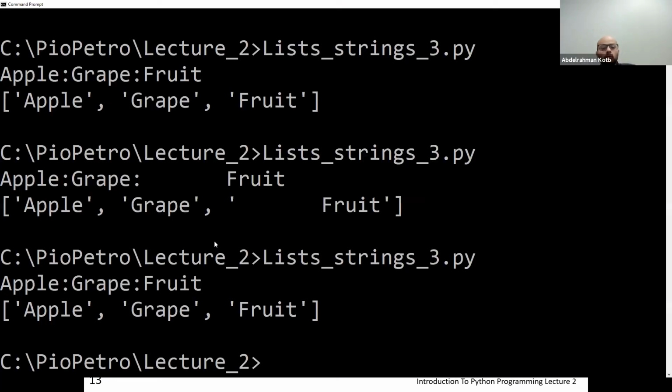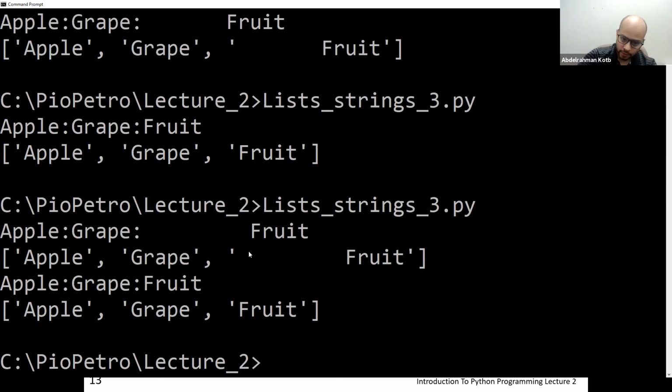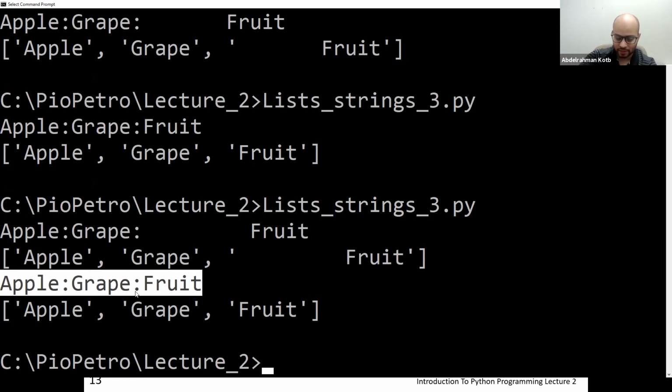The first one, whenever I split it using the colons, it keeps the space. And then if I replace the space with nothing, this is going to be the list. And then if I separate this list using colons, I'm going to get apple, grape, and fruit.